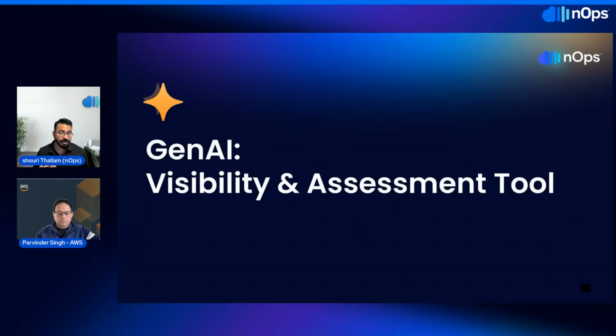They love the flexibility, but quickly hit challenges around visibility, performance measurement, and cost transparency. That's where NOps can help you. Our Inform tool provides a unified view of your GenAI usage, compares model performance and cost, and helps you determine if and how you should migrate to Bedrock,